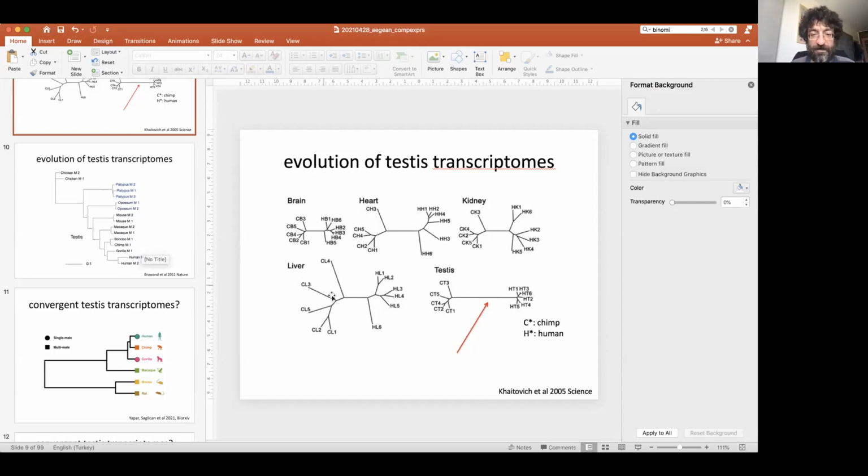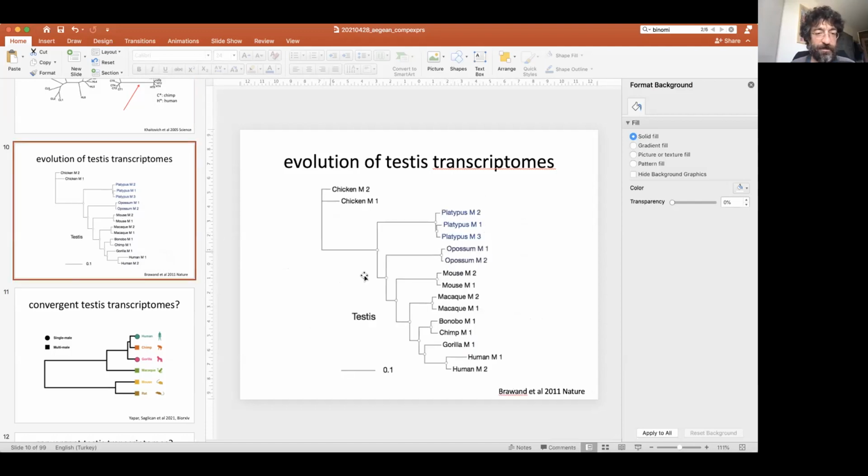Okay, but in this study, they didn't have a gorilla. And then a later study from 10 years ago now was one of the first RNA sequencing studies to investigate transcriptome patterns across different mammalian organs. And in the testis, they built a tree of gene expression.